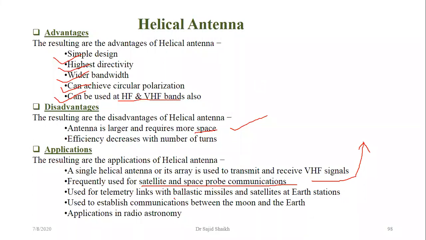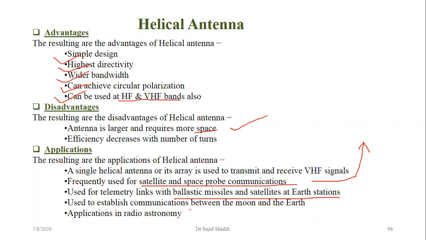Okay. Now, it is also used in some missile technology. Means with the help of some missile, if you want to target some plane, in such a scenario you have to send the signal with the help of some radar. So in that scenario, you need a very efficient antenna. So such types of antennas are used in those applications.